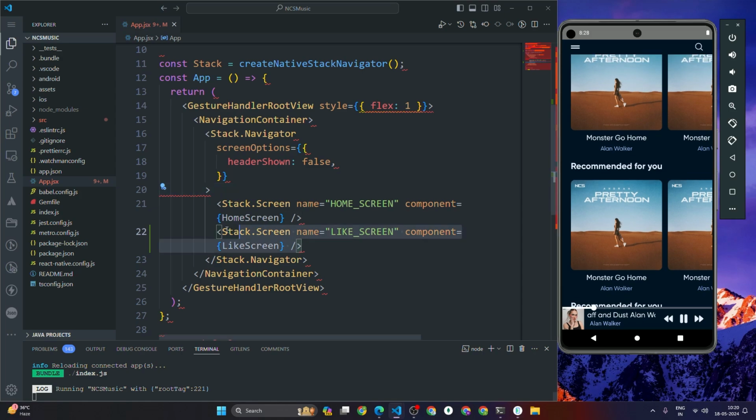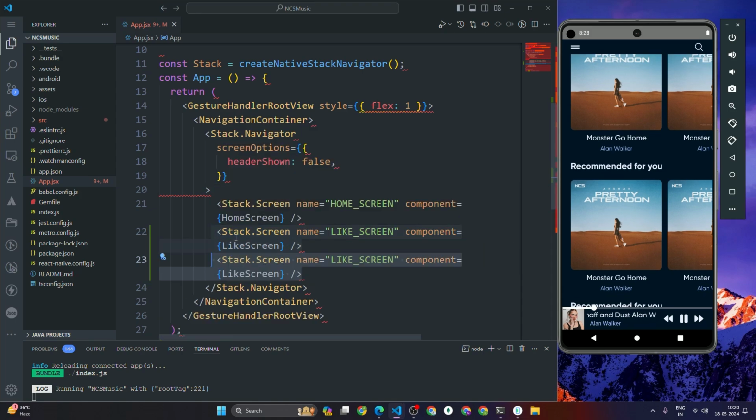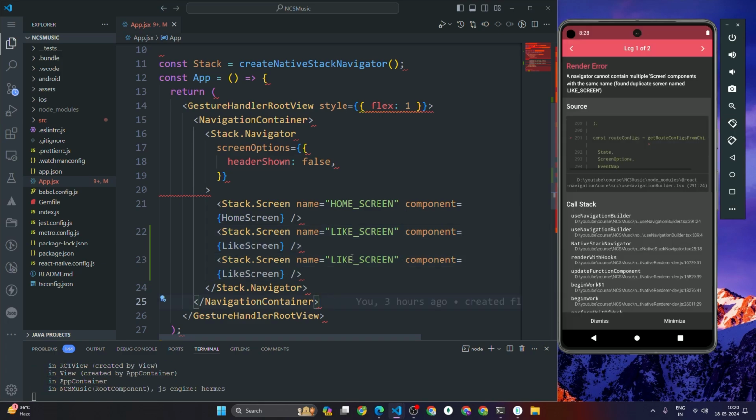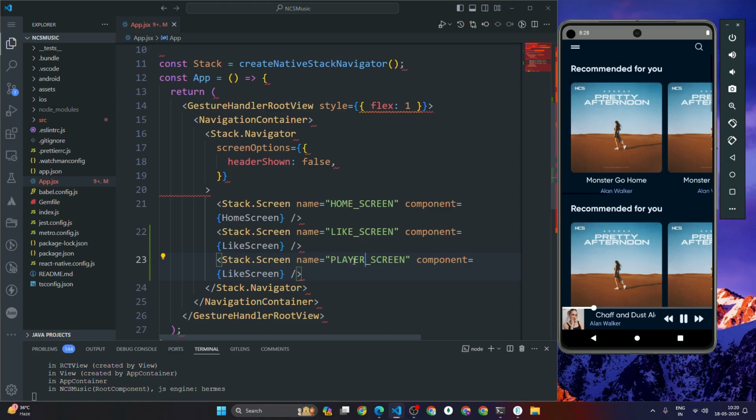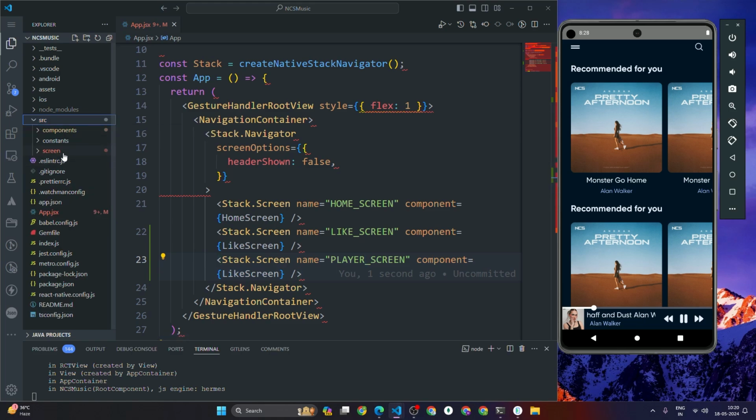Now what I'm gonna do is create a player screen. I'm just going to copy paste this screen code, and in place of like, I'm gonna make it player screen. So let's write player screen. Okay, now I'm gonna create another screen for the player screen. For that I'm going inside my source. Inside the source we have a screen folder, and inside the screen folder I'm going to create another file. The file name is player screen